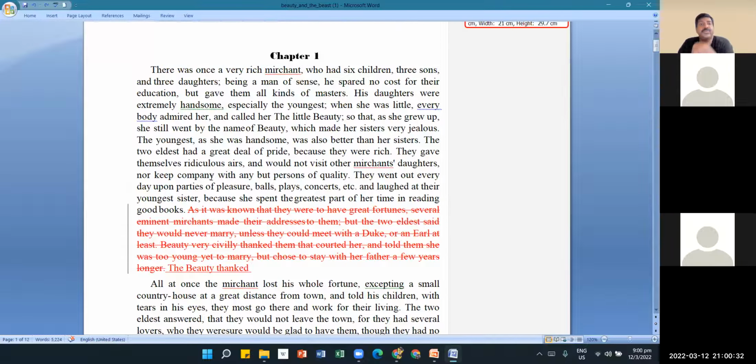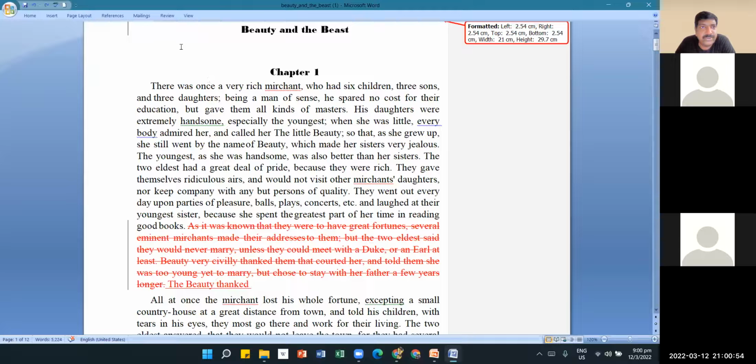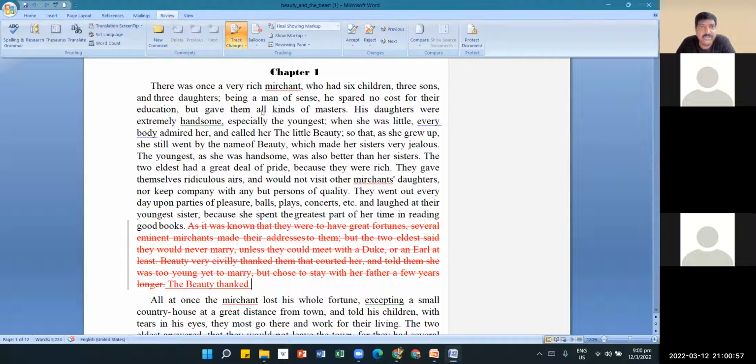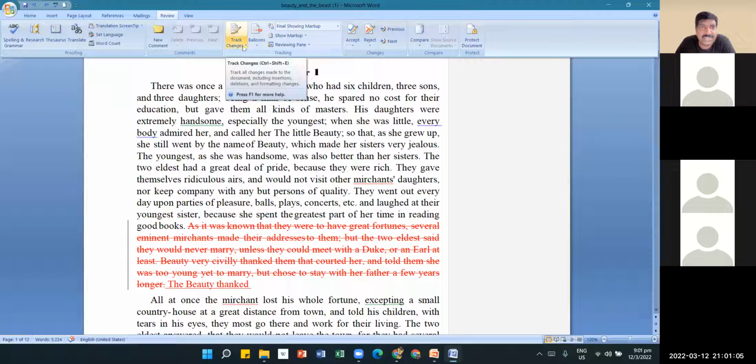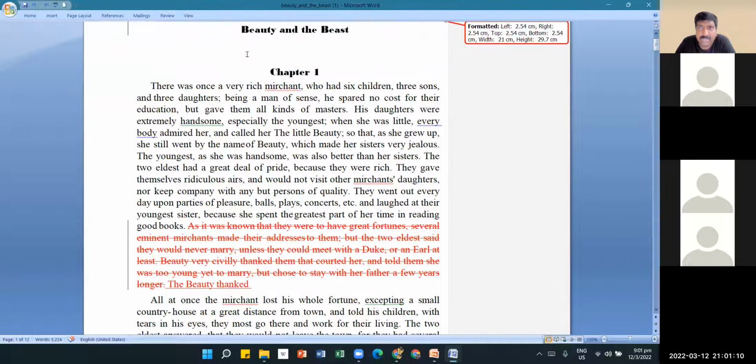Okay, for example, if you have a document, your boss has given to you, asked you to review and make some changes, whether everything is okay. You ask whether to make some comments or change for him. So in this case, what you need to do, you need to go to the review document. First thing, you turn on the track changes. You have to go to the track changes, click on this and select the track changes again. Okay. Once you select this,